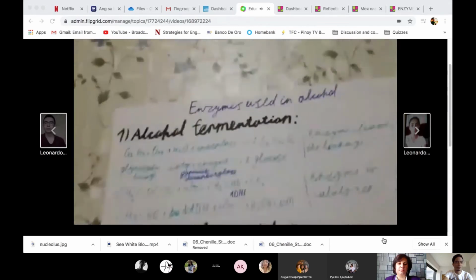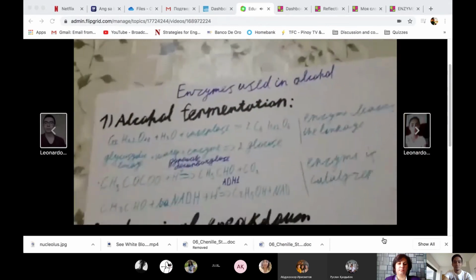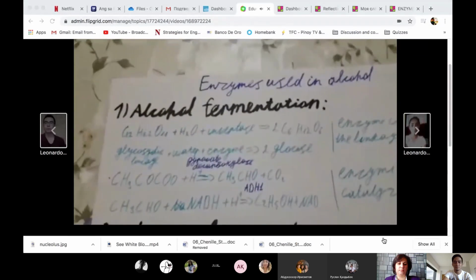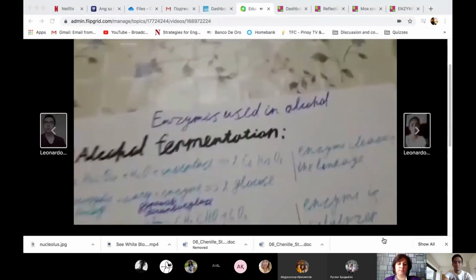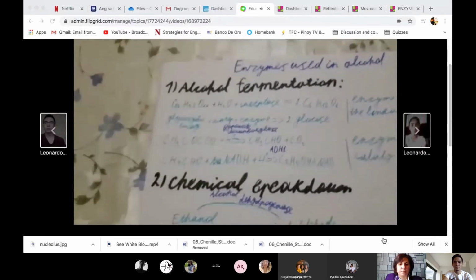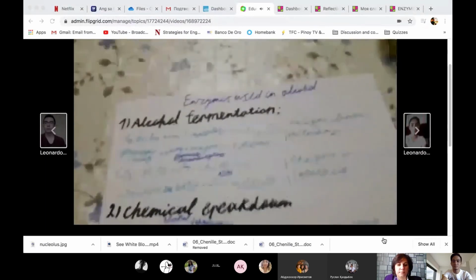Firstly, my first enzyme is invertase. It is used in making glucose. Its main function is